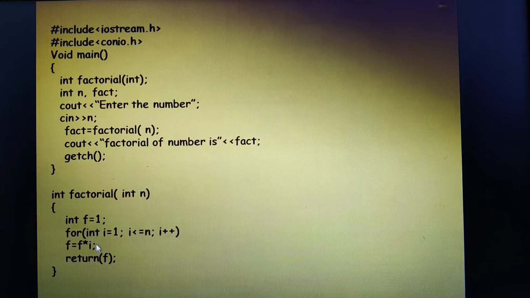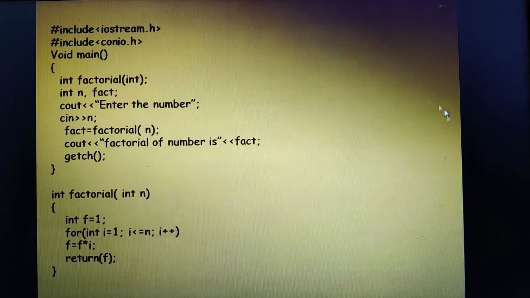What are the group of statements? These are the group of statements which are developed to solve a subproblem. These certain steps are developed to solve the factorial of a given number. After it solves, it returns the value to the other function. Which is your other function? Your other function is main here. So it returns the value to the other function when it is called, at this particular point. I hope children you are able to understand.